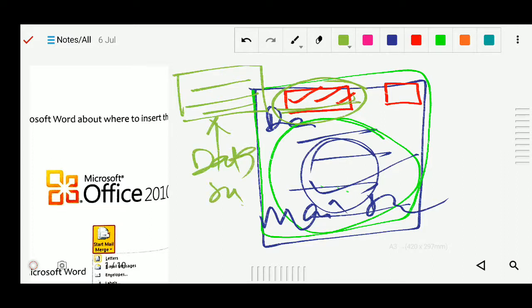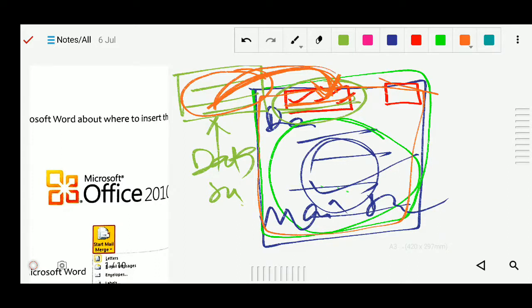Okay. So whenever we combine this data source with the main document, from the data source we will take some data, actually the address, and put this address into the main document for sending mails. This process is called merge field. So we are merging from this data source into this main document.